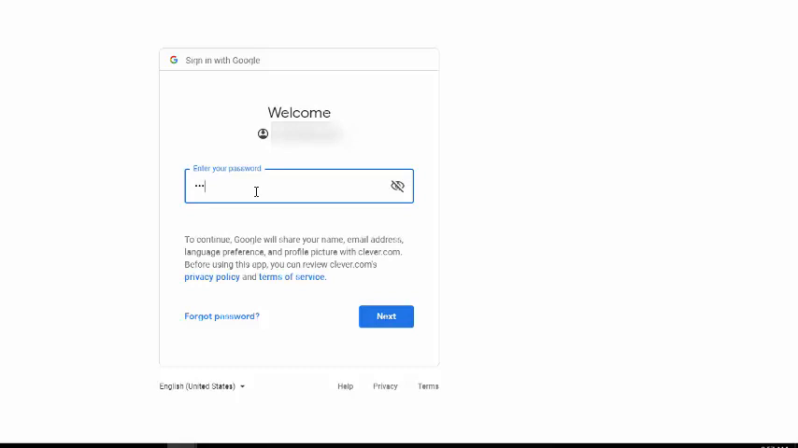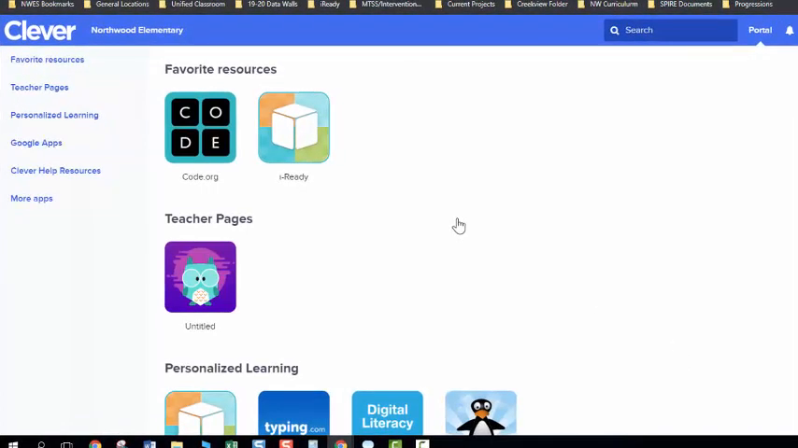So I'm going to type in this child's PIN number. And the very last thing is the letter M. You put the letter M on there. Once you have that, you're able to log in as your child, and then your child will have access to